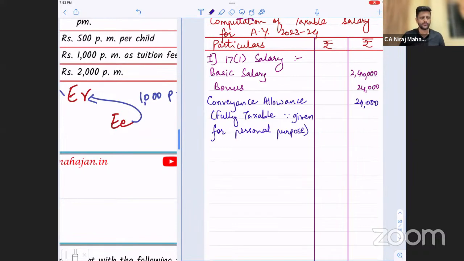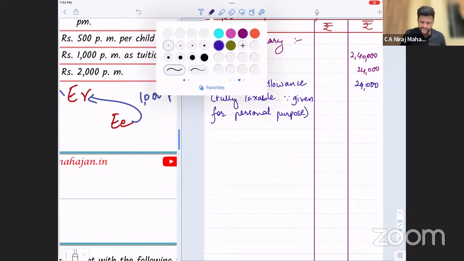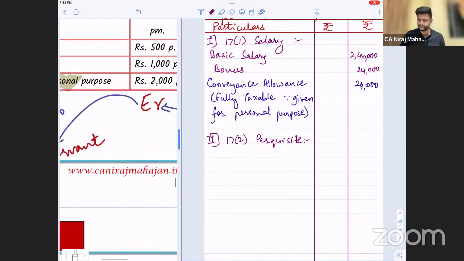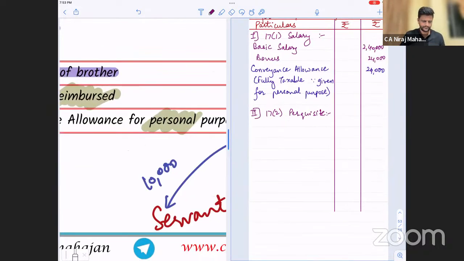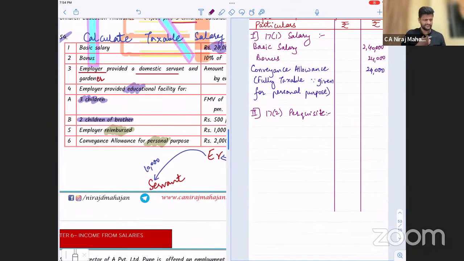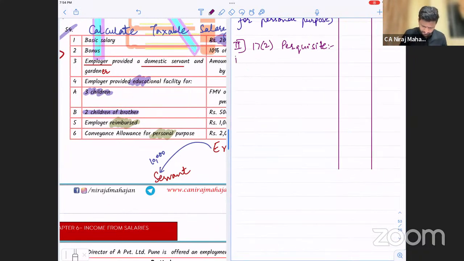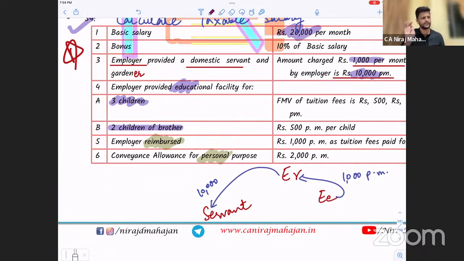This is my 17(1) salary, no problem about it. Then I go to the second salary, 17(2) salary, perquisites. Sorry, first I'm talking of category. Okay, domestic servant, right? So two servants are provided, domestic servant and gardener. I'm writing domestic servant only. Take everybody